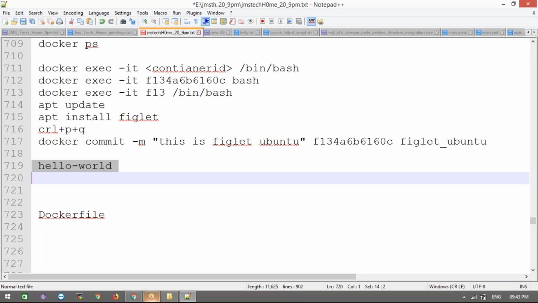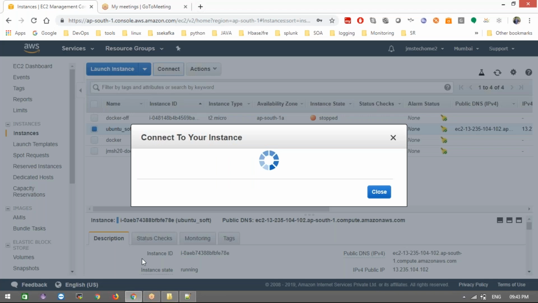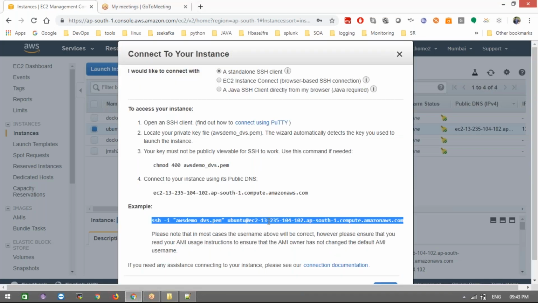Now let me go to our instance. Let me connect. Copy it here.